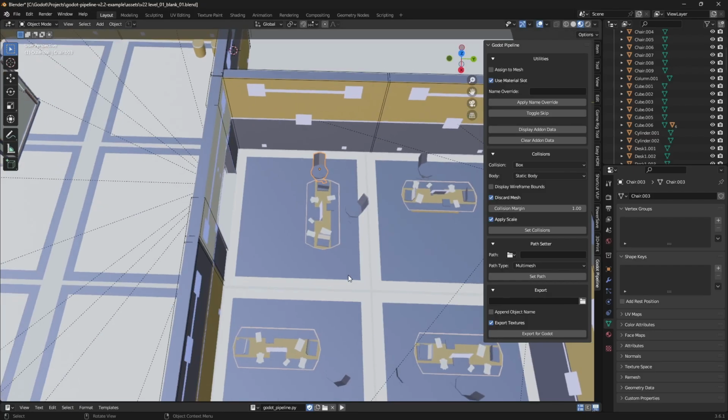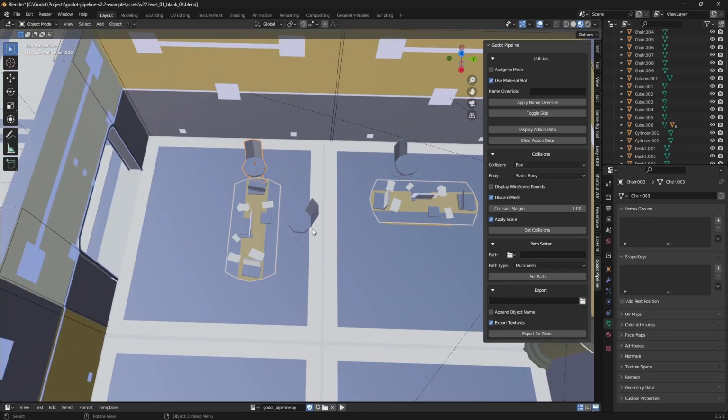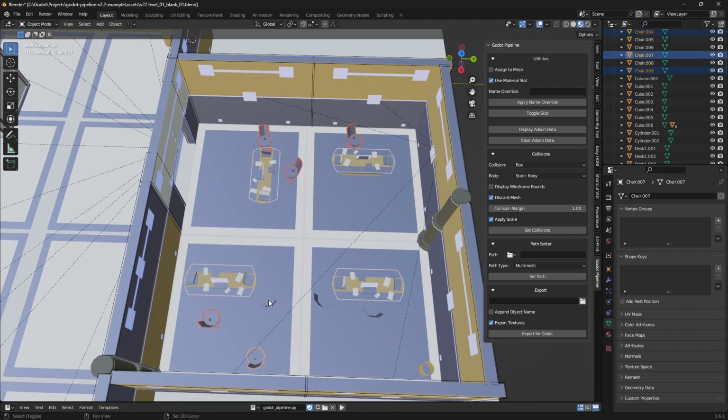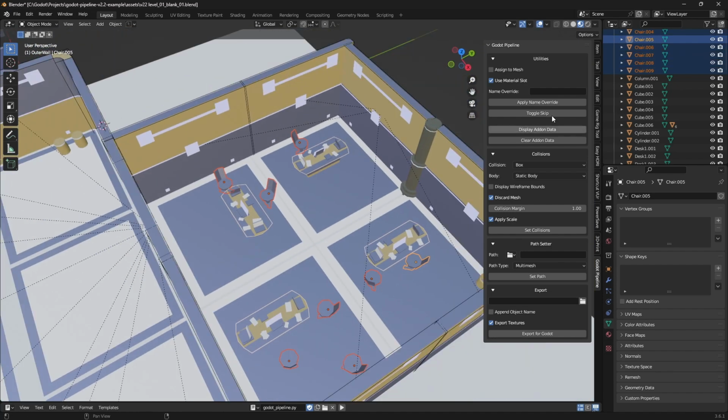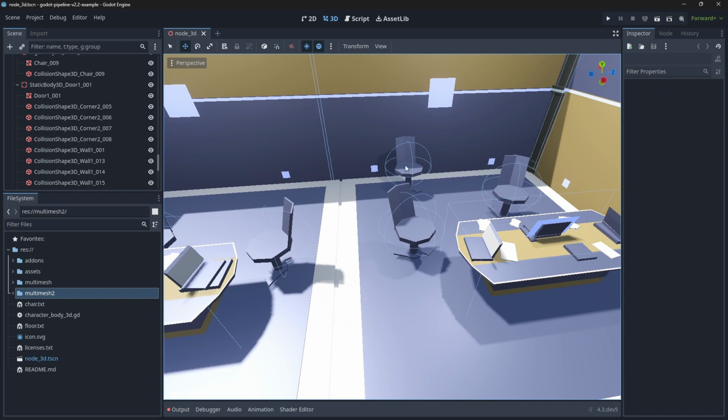a multi-mesh. So the chairs, we won't be able to do the same optimization with because they all need to be separate objects. So we can select all those chairs and we can make them rigid bodies. I'll just throw maybe a sphere on them. So sphere, rigid body, we're going to keep the mesh and we'll apply the scale. So now we can see that we have spheres wrapping around all these, but let's say I want to do